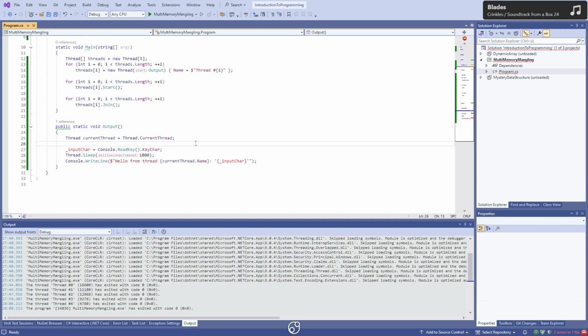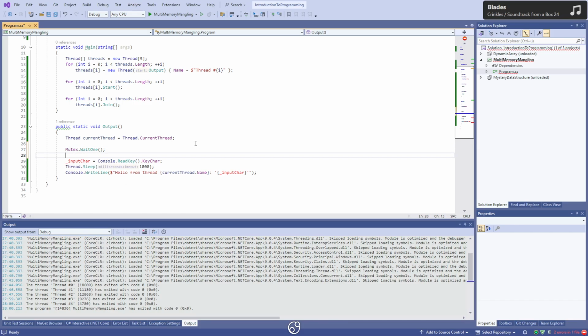The Mutex can then... let's do wait one. Simple wait one. So with that, we tell the system, I want a token. This is your request to the Mutex. I request a token. And it's not just a request and instead of wait one, because we wait for this token